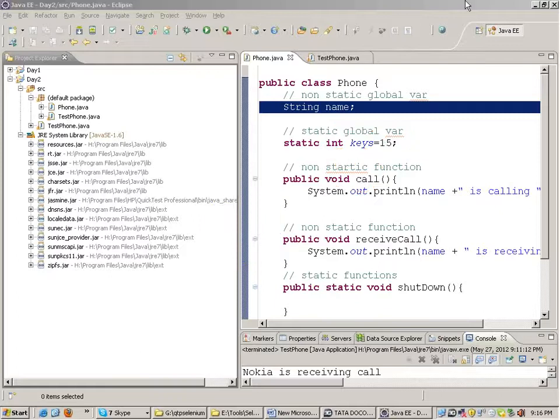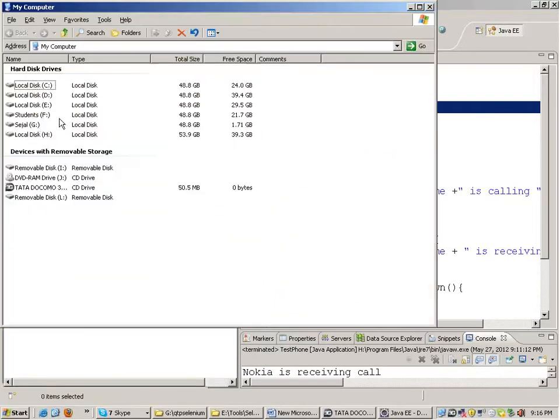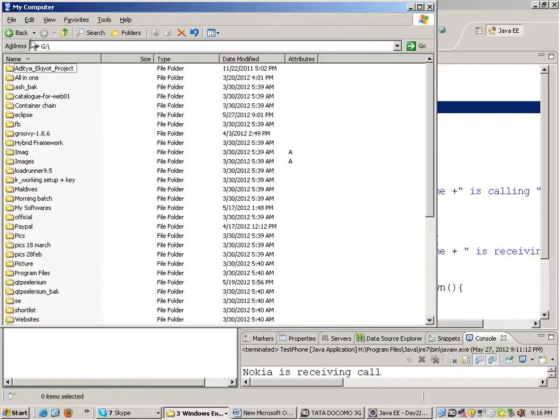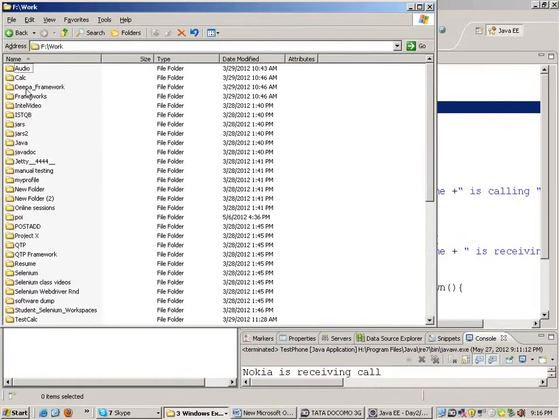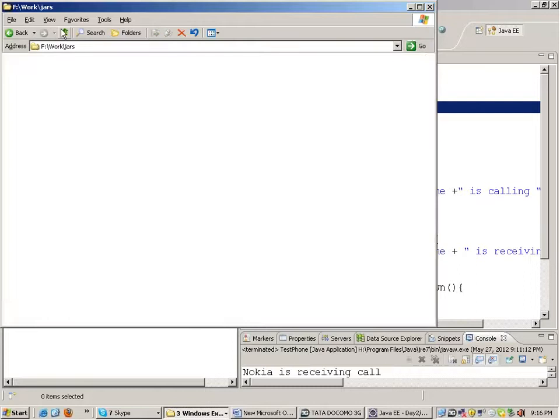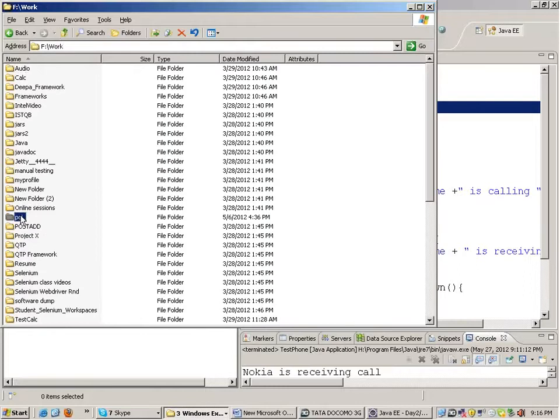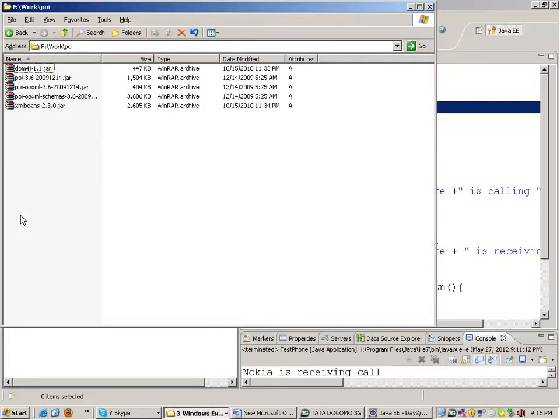So we download the POI API. For example, we download the jar files corresponding to the POI API from the POI website. Here are the jar files. Yeah, these are the POI API jar files.